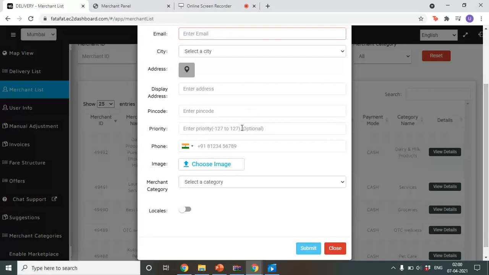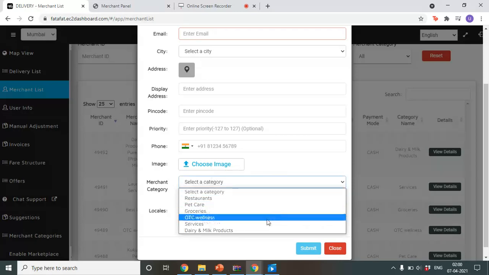You also have to enter the priority, under which category he comes and what priority is given to that category, the phone number, and the image of the shop, like whatever their brand is or whatever their board shows.